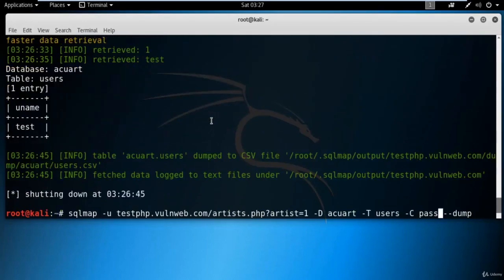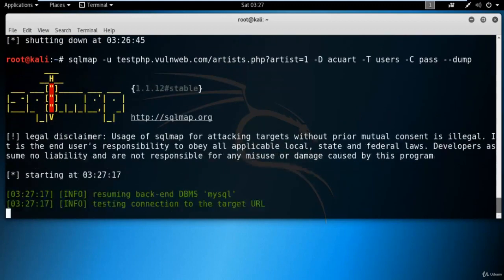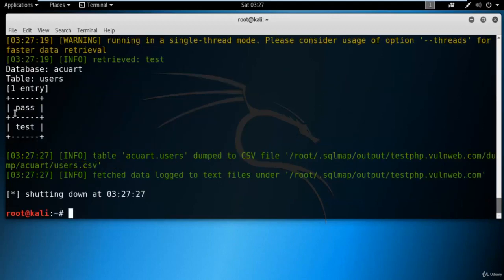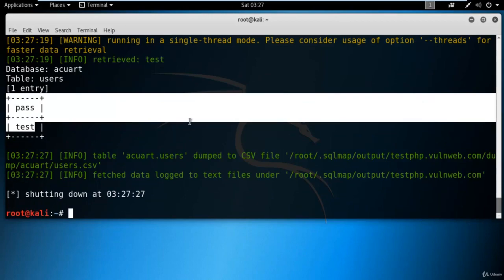So we are going to find out information about the password as well, and hit enter. Now it is retrieving the password from the database. You can see on the screen that the password is also test. So the username is test as well as the password is test.